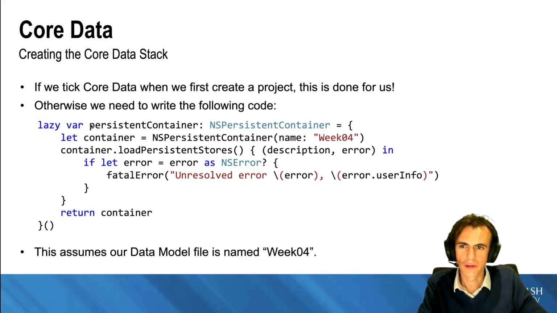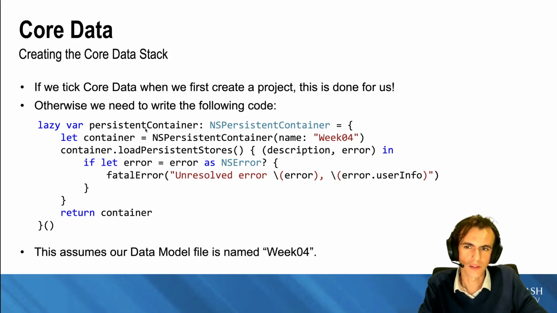Here, persistentContainer is a property, and it's a property of type NSPersistentContainer. What we haven't seen before is this lazy keyword and then the assignment, where the assignment, instead of being an actual value, is a block of code. So this swirly brace here down to this one and the parentheses on the end are basically saying here's a block of code and we're going to execute it. Now